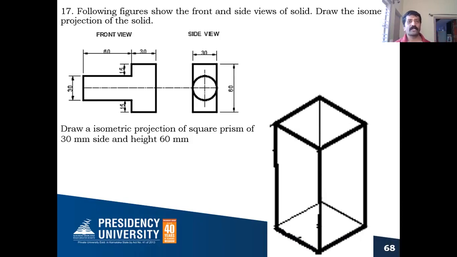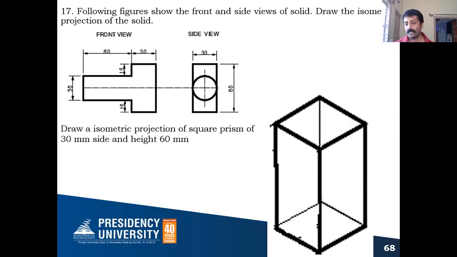So from the front view and side view, if you look at both, for this particular portion, here it is 30, here also it is 30. That is, it's a square, and the height is 60. That is, it's a square prism of 30 millimeter side and height 60 millimeter. By looking at these two views, this portion of the diagram, I can come to the conclusion that it is a square, because the side is 30 in the side view and in the front view also it is 30. Height is given as 60, so definitely it's a square prism of 30 millimeter base and